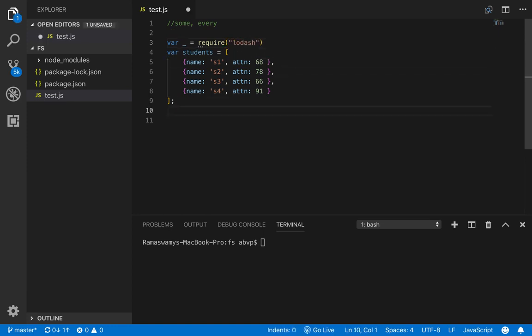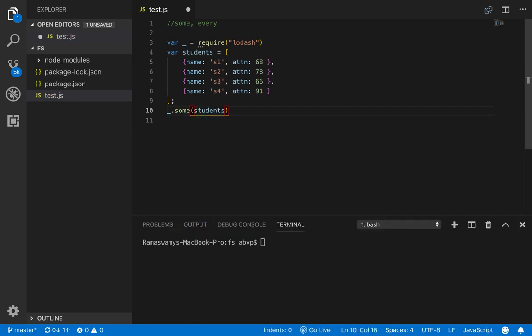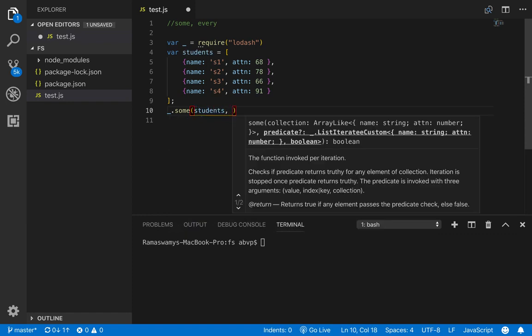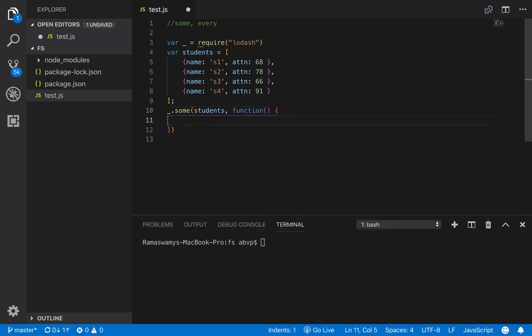Now we can refer to the library and invoke the function some and pass in the array students, and the second parameter is a function. So let us have an anonymous function that returns the students having attendance greater than 65.